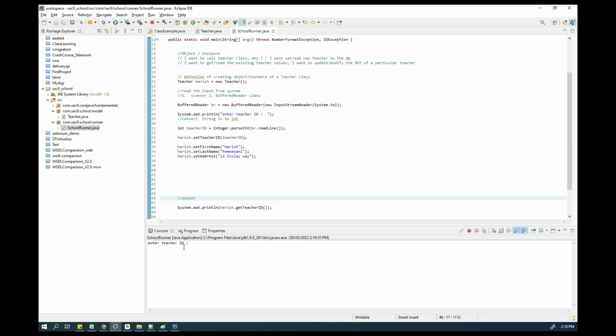Enter teacher ID. I'll say 56. Enter. 56, it's printed here. Make it more clear and add a text. Enter the student ID is, sorry, enter the teacher ID is